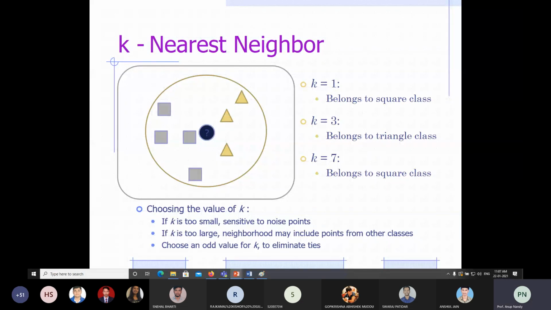Often we will have this k is equal to 3. So if k is equal to 3, you have the odd number of neighbors. So there may be a very few chance that you will have these ties. I mean, even if you have these ties, you can take a kind of decision, because you'll have to check for this k3 greater than k2, or I mean you have to check for each pairwise class comparison.